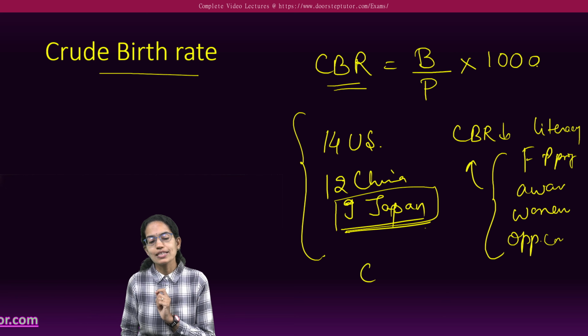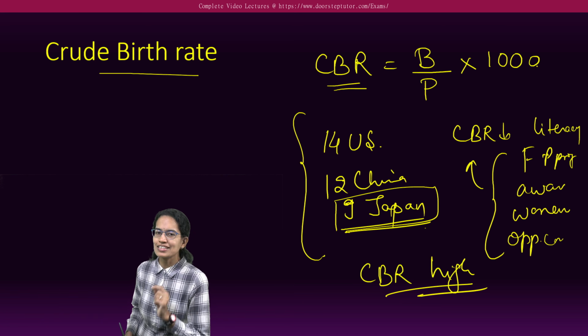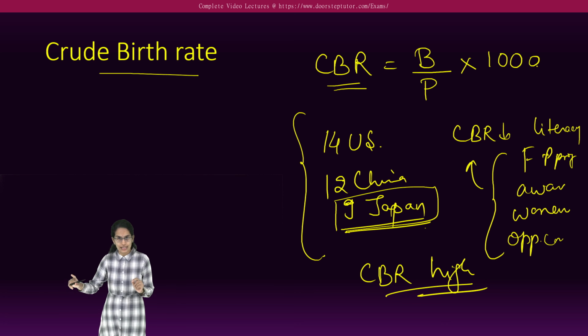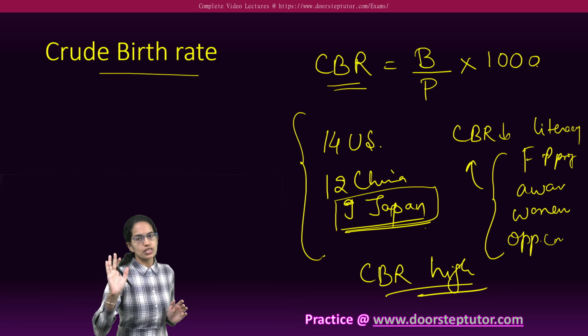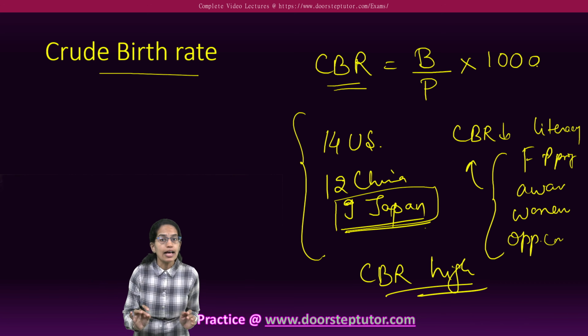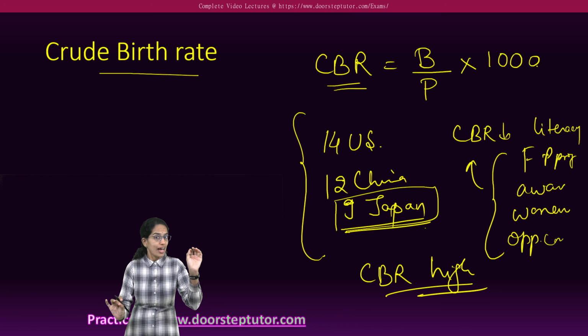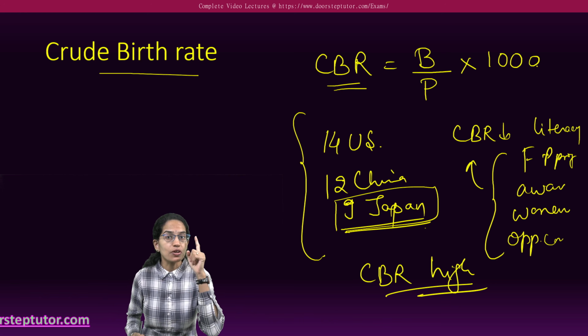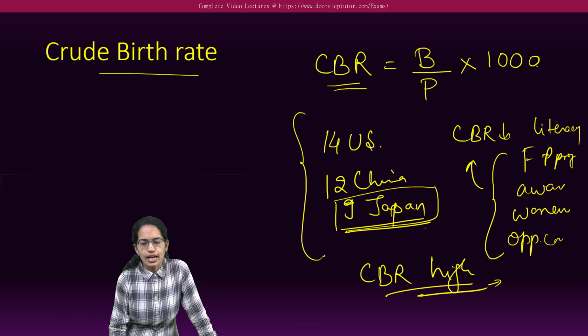Now, why is this crude birth rate still high? On one hand, understand this carefully. On one hand, I am saying that the crude birth rate is declining. The factors associated with it we have discussed. But still, I am saying that the crude birth rate is high. You might find these two statements controversial, but they are very important to understand. They are high because there is a